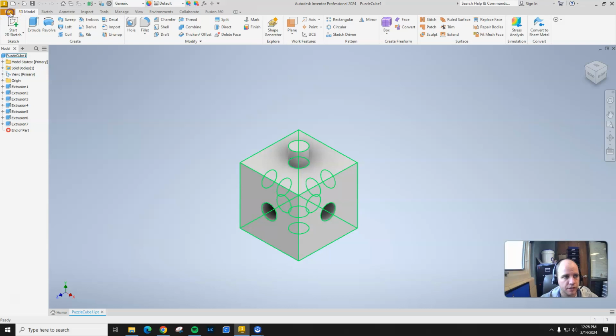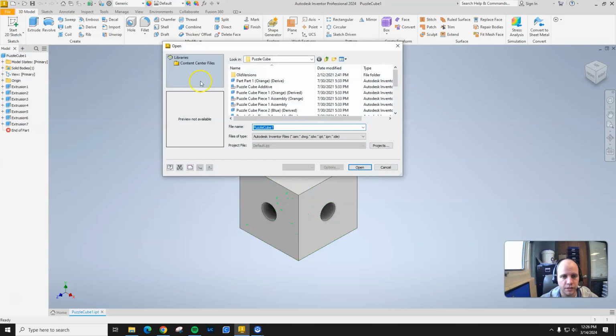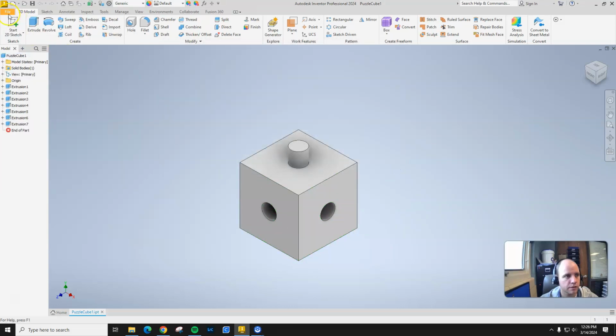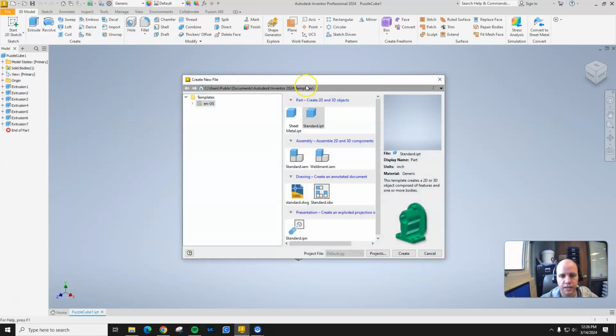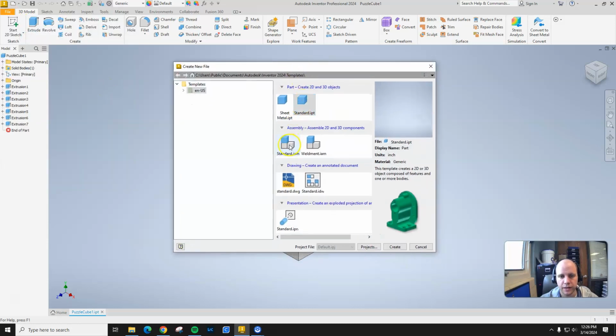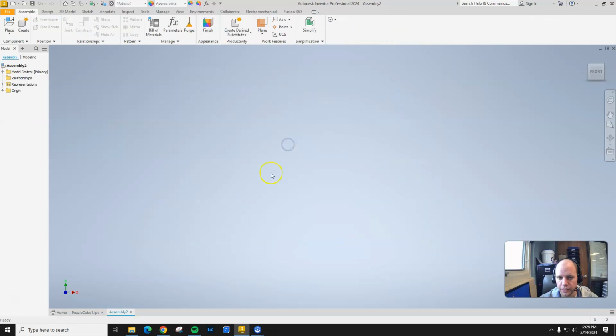So what I'm going to do is go to File, Open, or I'm sorry, that's wrong. File New, because I don't have this file yet. And instead of creating a new part file, I'm going to create an assembly file. An assembly file is made using multiple part files and putting them into a certain order or configuration. So anything that has multiple pieces, like one of your puzzle cube pieces, you'd want to make that in an